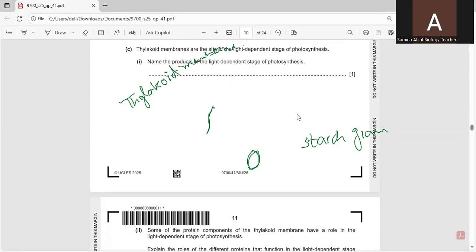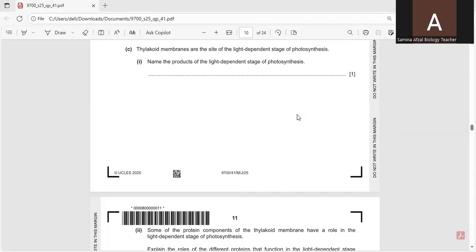So in the next, I would like to move. Thylakoid membranes are the site of the light dependent stage of photosynthesis. That is the first stage of photosynthesis. Name the product of the light dependent stage of photosynthesis. This stage captures light energy and converts it into chemical energy. So the main products of the light dependent stage are